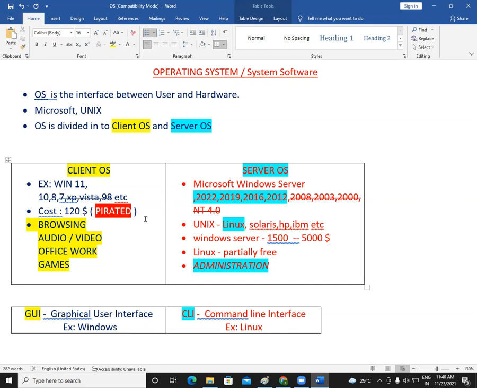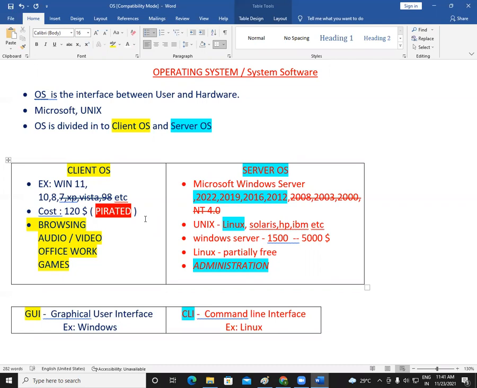It is pirated shoes or a pirated t-shirt. In the same way, there are some pirated operating systems. So what exactly does pirated operating system mean? Suppose I have taken the operating system, I paid the money, $4,000, $2,000, whatever. Then I make a copy of this DVD into another DVD and sell this operating system to other people. They feel like they are purchasing a new OS, but you're not purchasing from Microsoft, right? So that is your pirated operating system. Making a copy of the software and selling it in the market, that is called pirated.